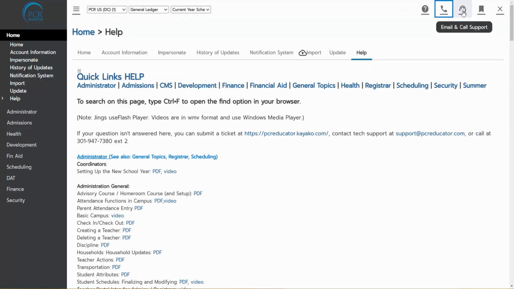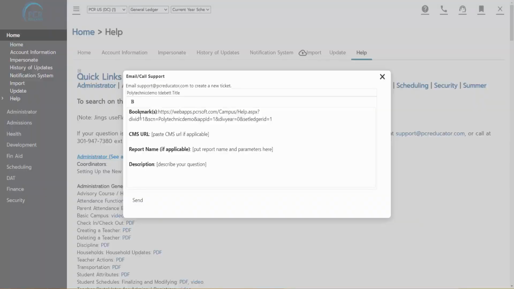Next, there's a link that says email and call support. Let's say that you're working in our system and you run into any sort of issue, or you have a question about something. You can click here and it'll automatically grab the link to the page that you're on, and then you can provide any other information such as a